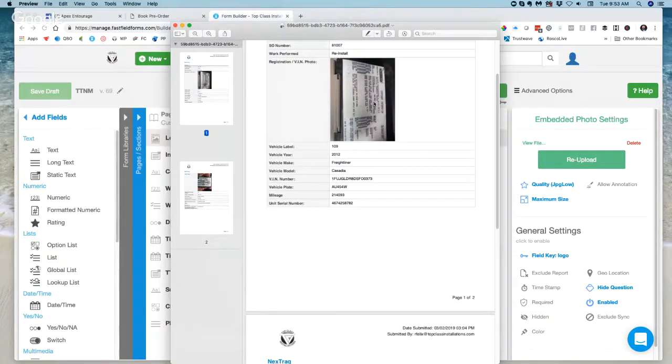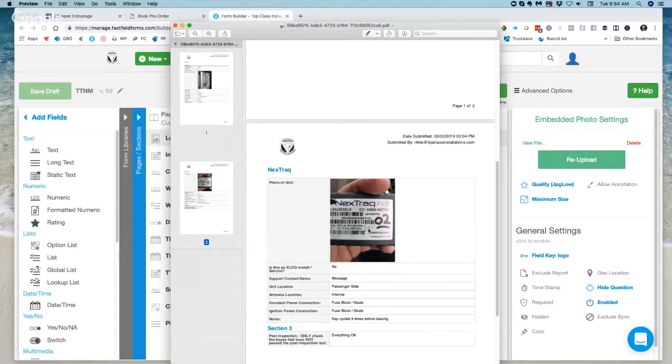and it's a little blurry here, but on the back end you can zoom into this, or you can actually look at the actual photo on the back end of FastFill and download it. All the information here, as you can see, photograph of the unit, and I can't tell you, just the photograph of the VIN number and the unit itself, how many times that has saved us from going back on site